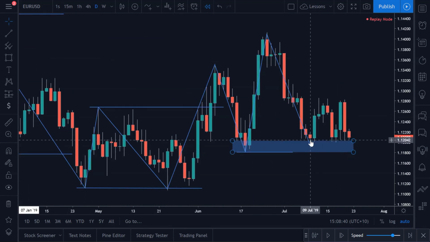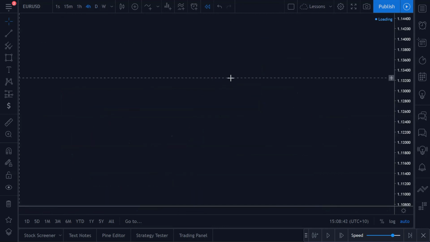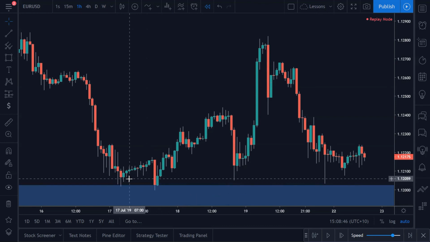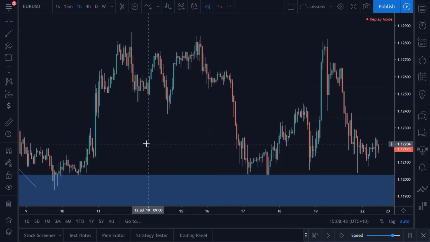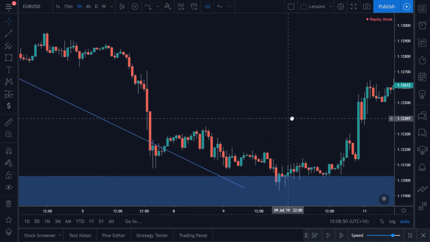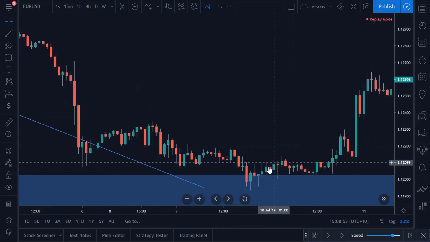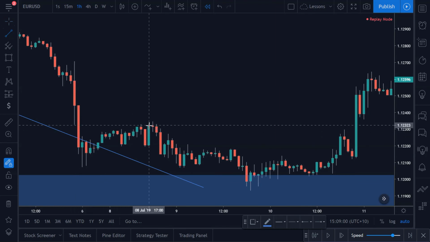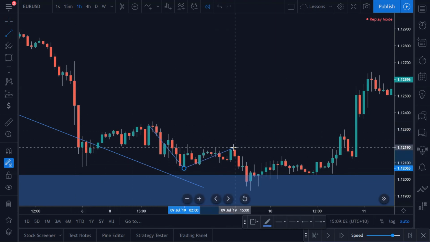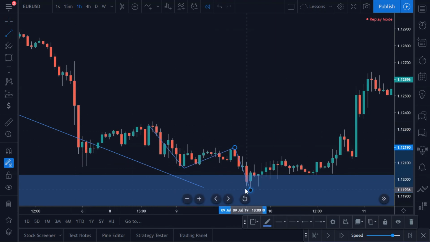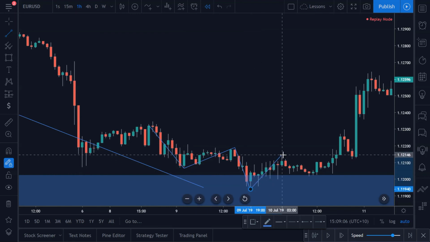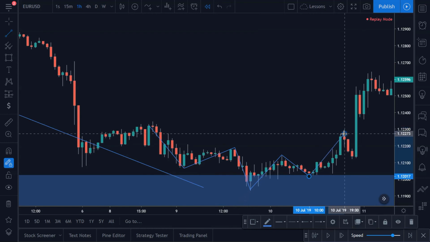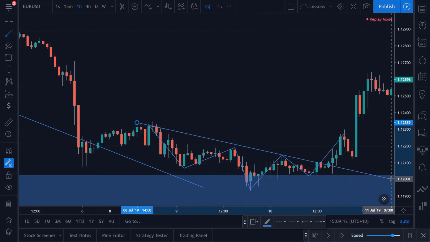And I just showed you how you could take advantage of that on a lower time frame, like a 4-hour chart or even a 1-hour chart. If we go to a 1-hour chart, you can see we had a nice clean double bottom in here and somewhat of a head and shoulders pattern in here. You can see that we came down, made a left shoulder, had a pullback, then broke through, made a head, pulled back, then made a right shoulder, and then we broke out of the neckline of this head and shoulders